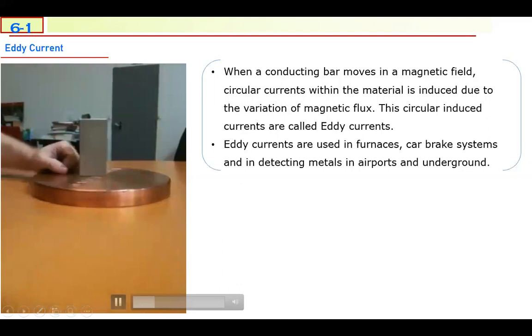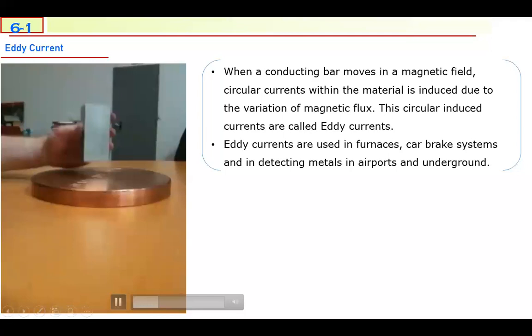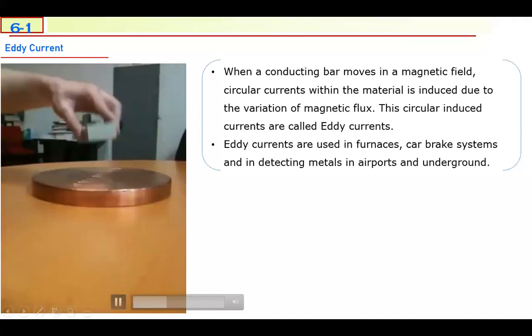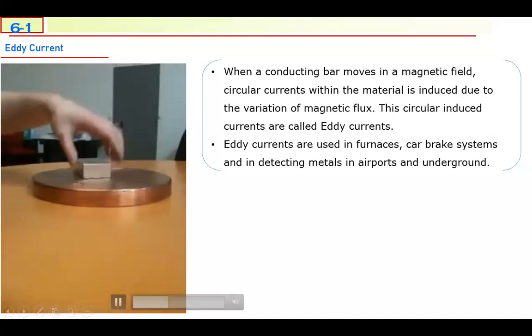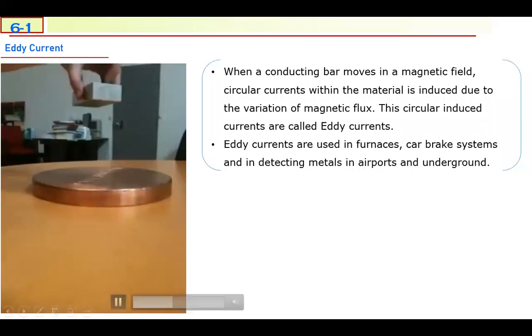When the magnet is approaching the copper block, you know that the magnetic flux through this copper block will change. Every change in magnetic flux induces a current on this copper block. So on this copper block, there will be induced current, which is circular currents. These circular currents produce an opposite